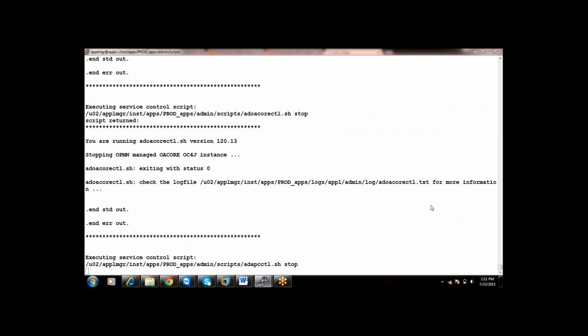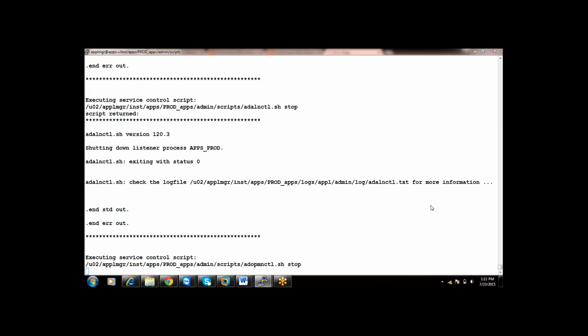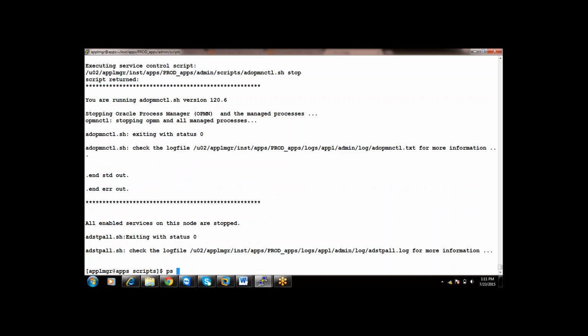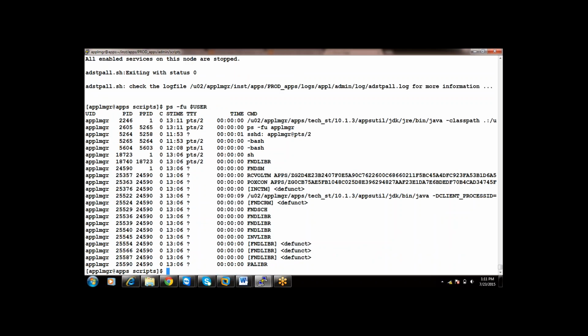I will show you how to disable maintenance mode. Let's check whether everything is shut down correctly. There are some concurrent executables still running. Let us wait for them to complete.